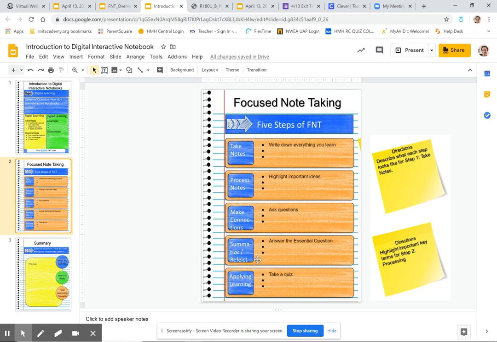So if I'm doing the 5 steps of focused note-taking, I see there are examples here already, and there are places where you can write in your box. You need to fill out all of these, and I'm going to do one more for a hard one: make connections. So making connections is a difficult step of focused note-taking. I can see that taking notes would be something like filling in these boxes. Processing notes is going to be highlighting important key